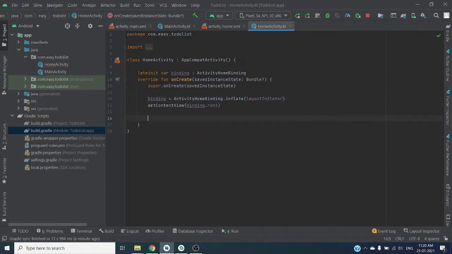Now we don't have to write findViewById every time. We can just write binding dot buttonLogout set